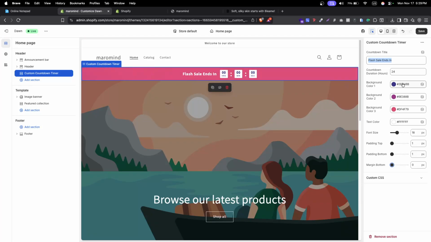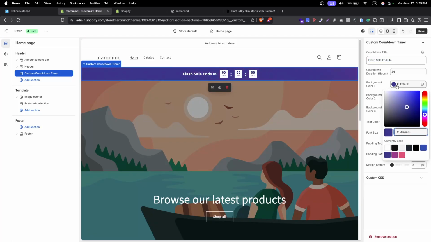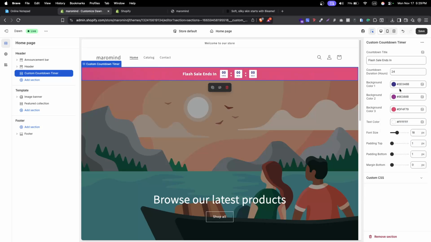Here you can see you can adjust the background, dynamic background. There are 3 types of colors. You can adjust it as you want, and the time is 24 hours. Then I'm going to click here. Here you can see it's already started counting. And if I see the store preview,